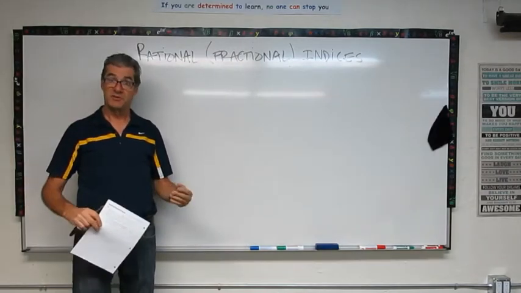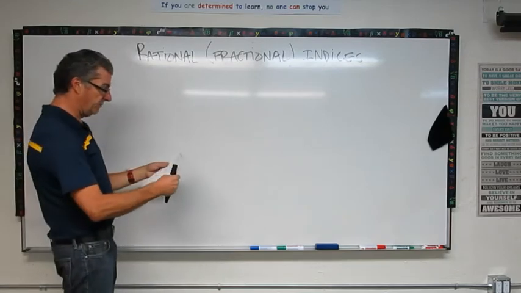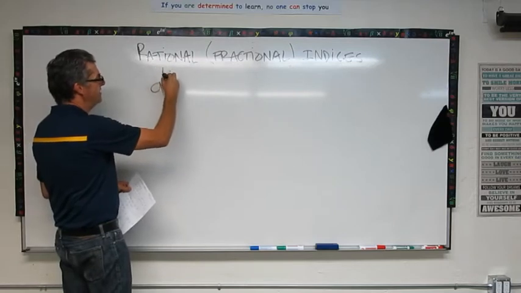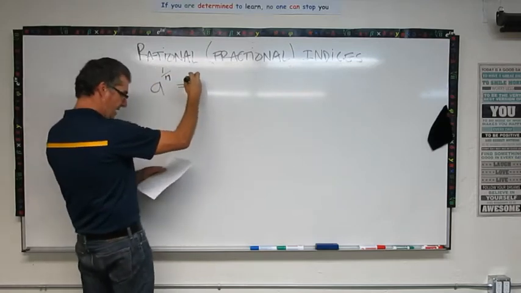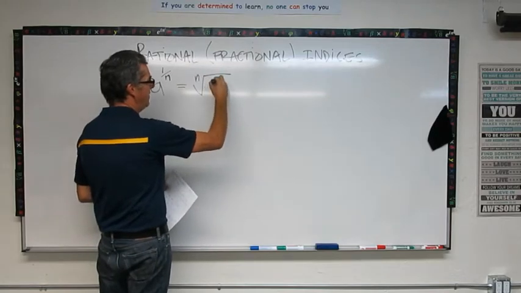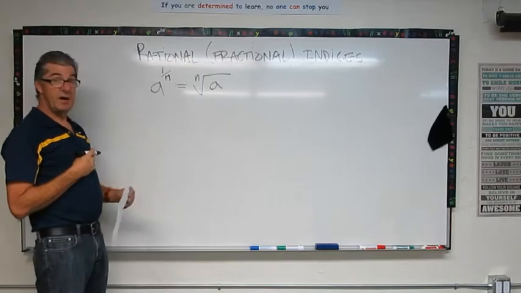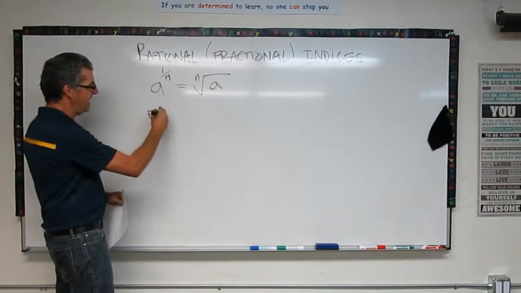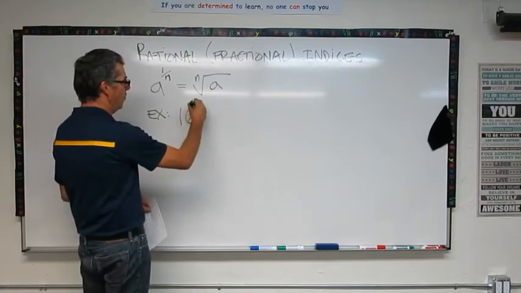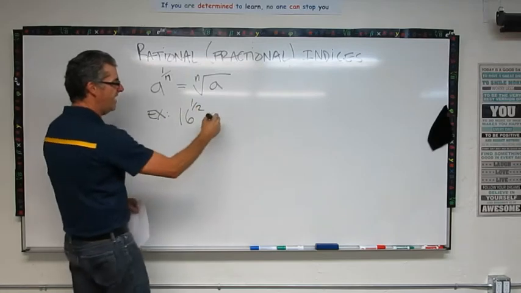Now we're going to generalize what we just learned about the 1/2 power, and we're going to write the following rule: a to the 1 over n is the same thing as the nth root of a. To see how this operates, let's do 16 to the 1/2 power. Using this rule, we're going to make that into